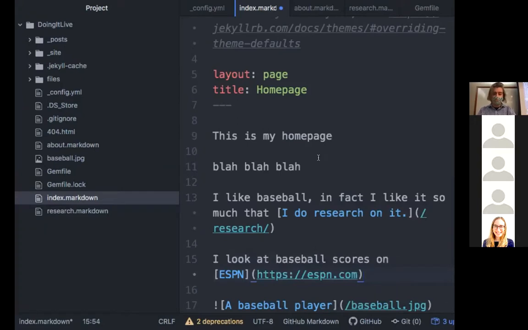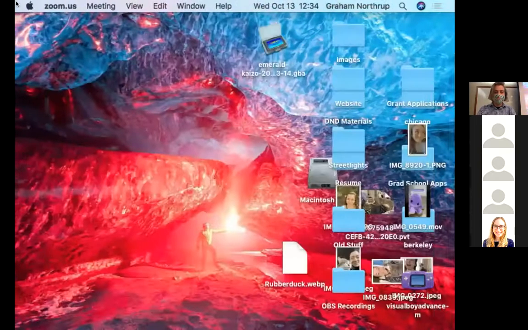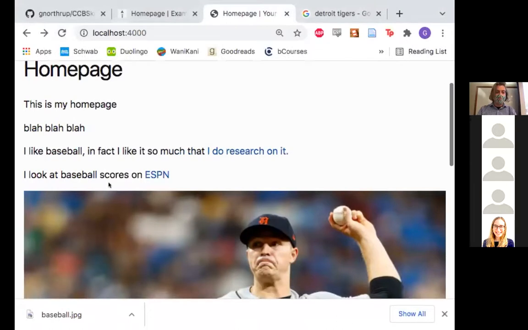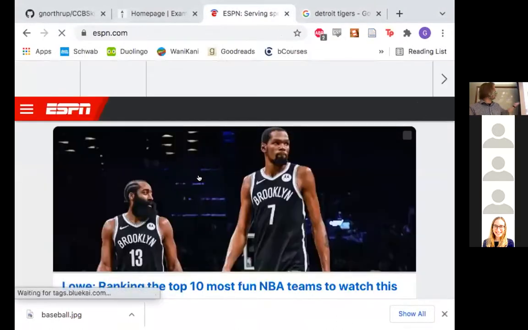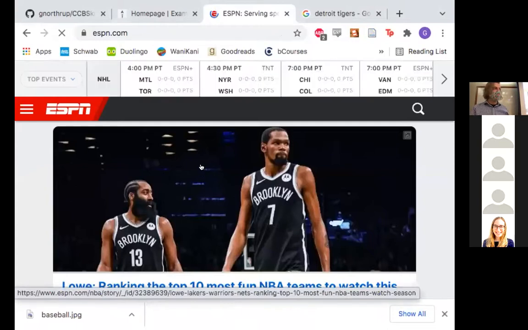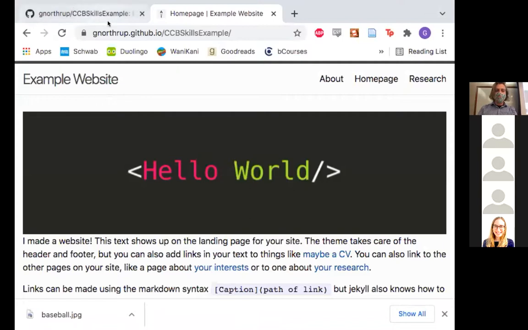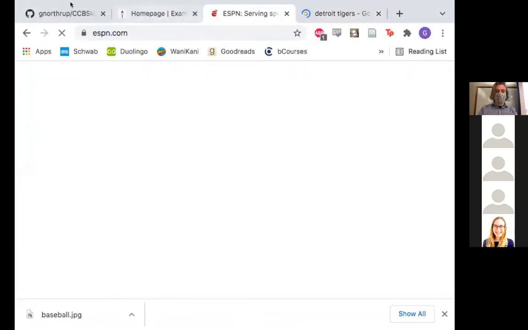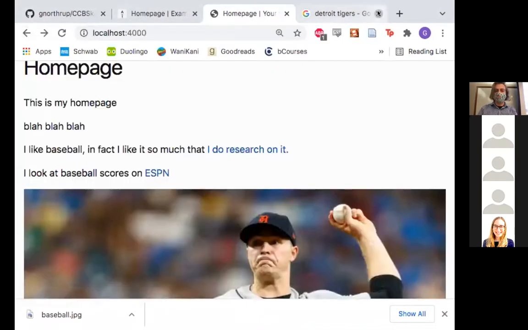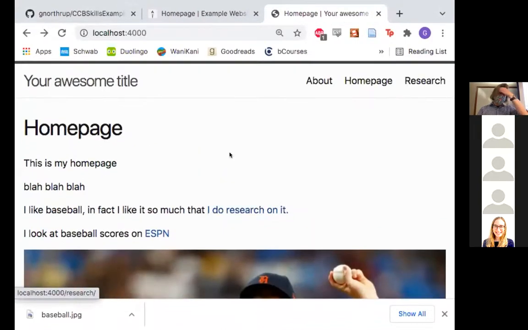Something like, I think this is ESPN's URL. And so now if we go over here, I look at baseball scores on ESPN, you should be able to click on ESPN and it will throw you to ESPN. So when you're linking externally, I made my website go away. Oh, it's because it was ESPN, so I thought it wasn't important. Okay, so